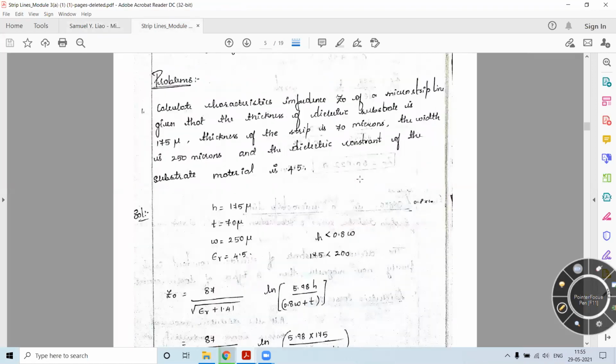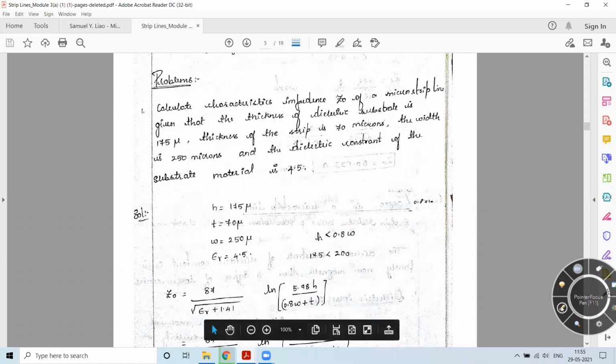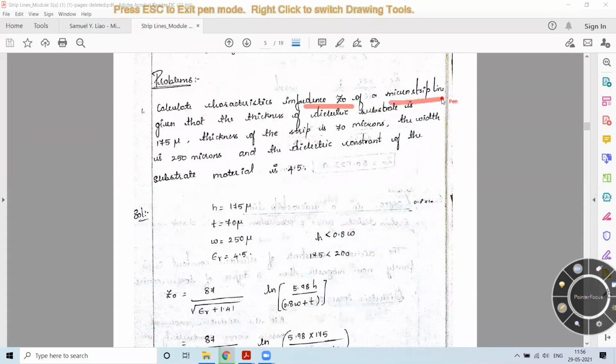So along with this, let us solve another problem. We saw one problem from Samuel Liao. So another problem which is based on identifying Z naught. So here we have: calculate the characteristic impedance, that is Z naught, for the microstrip line, given that the thickness of the dielectric substrate